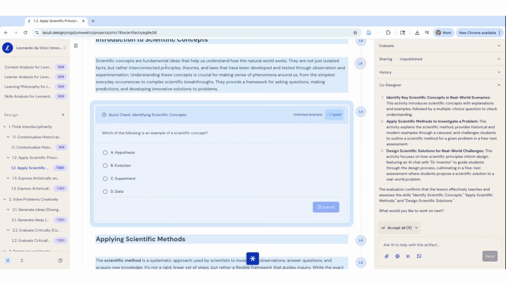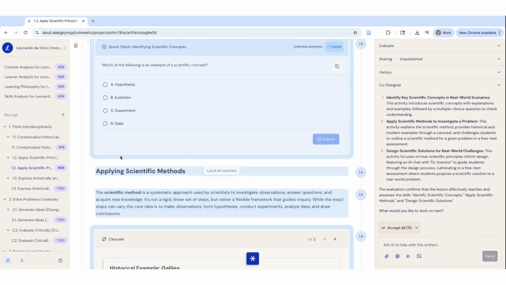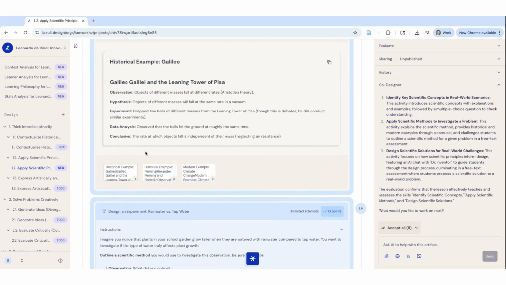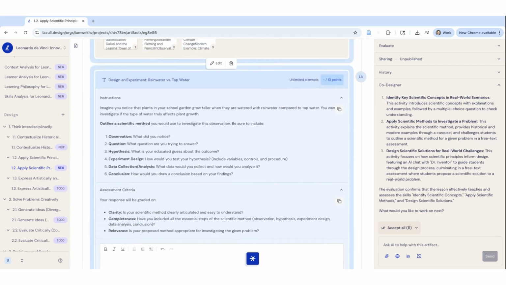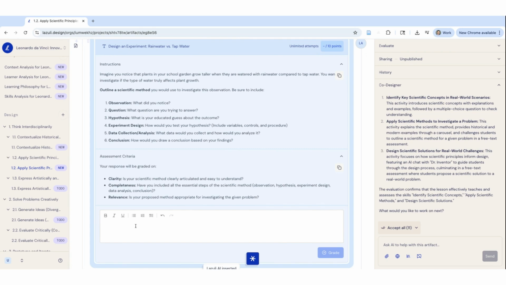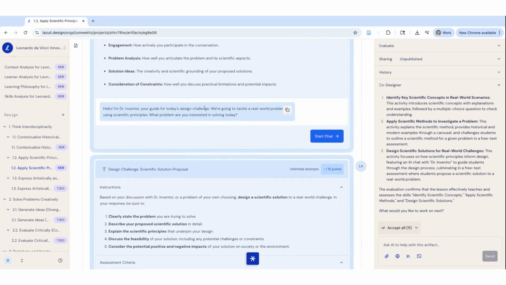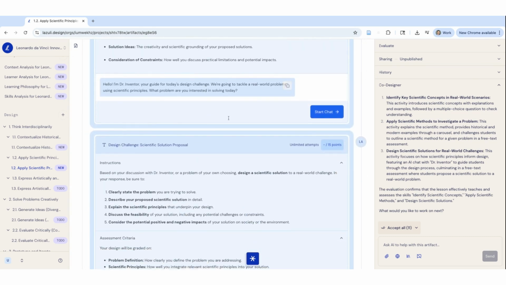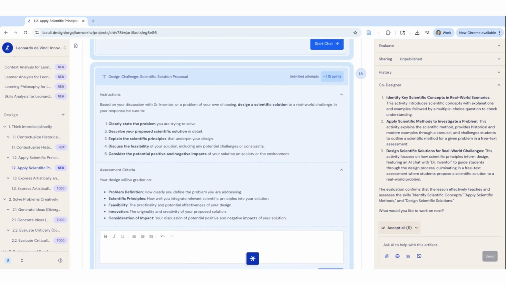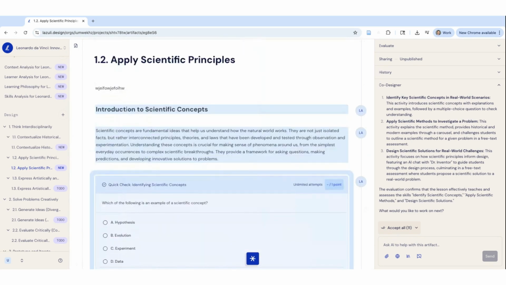The introduction to scientific concepts header, a paragraph. In this case, a quick knowledge check. It's created a carousel of different topics you can scan through. It's created a short answer response that you can type your answer to. It's created a chat in here that you can try ideas out with different people. So different activities that it's created based off of your learning philosophy and what it thinks would be best for